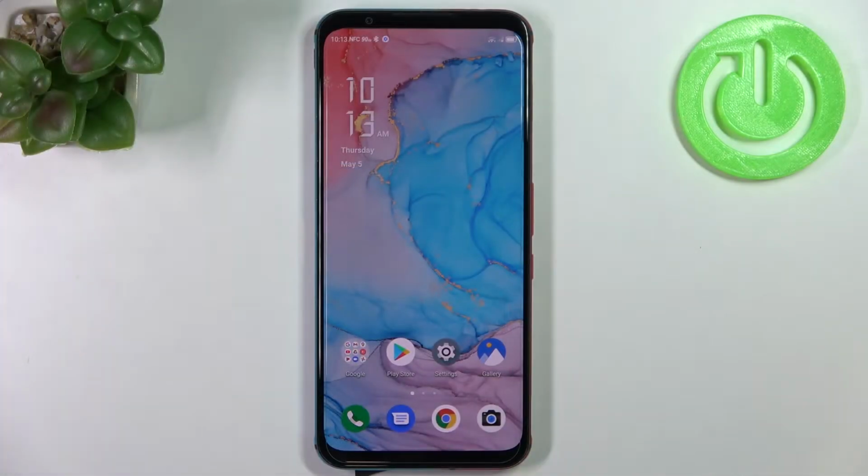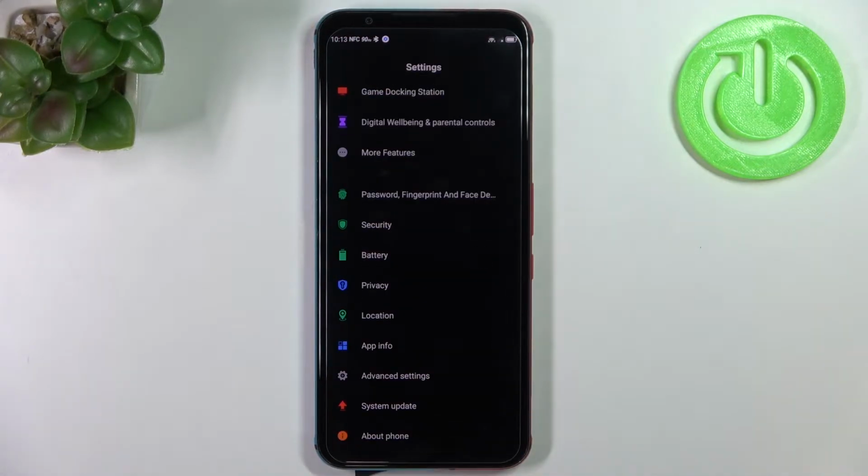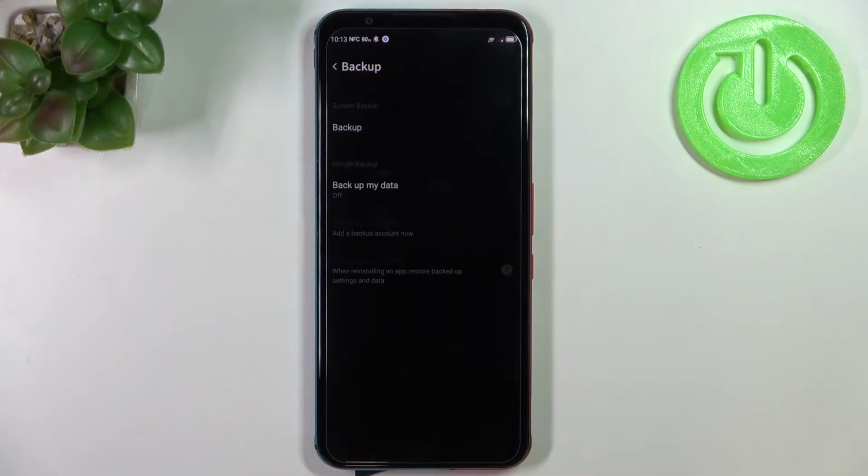Hi everyone, in front of me I've got NUBIA Red Magic 5S, and let me share with you how to enable Google Backup on this device. So first of all, we have to enter the settings, and now let's scroll down to the very bottom to find advanced settings. Now let's tap on backup option,